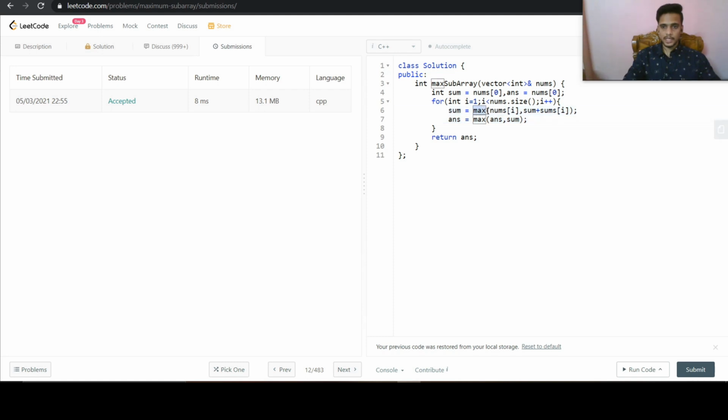Instead of calling the max function here, we can use the ternary operator present in C++. So we can remove this max function call, and instead of that we can use: if nums of i is less than sum plus nums of i, then sum equals sum plus nums of i, or the other case.